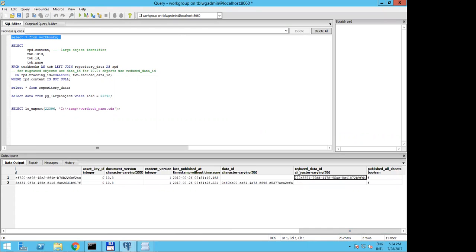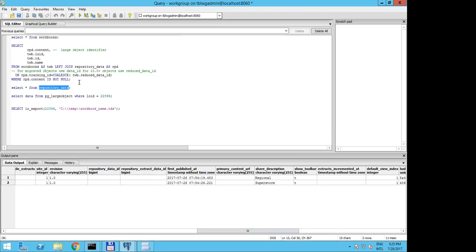However, as you can see, we have data ID and reduced data ID fields, and these fields can be used to link it to the repository data table, and the repository data table stores the large object identifier, and this large object identifier is the key to get the actual content for this workbook. So let's start with this query. I just take the workbooks, join with the repository data, and